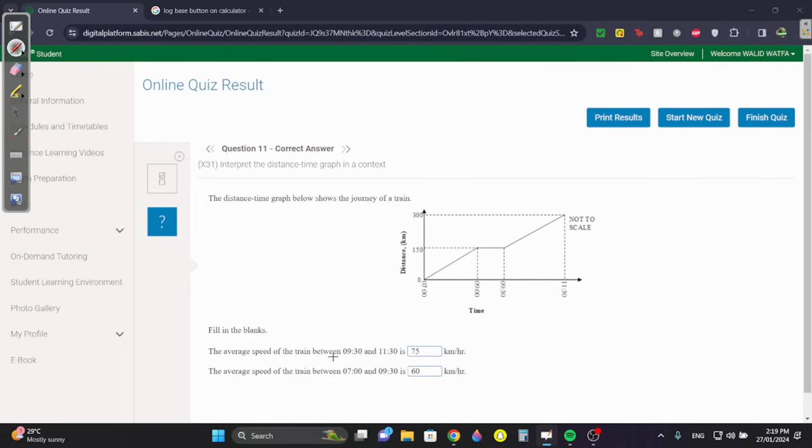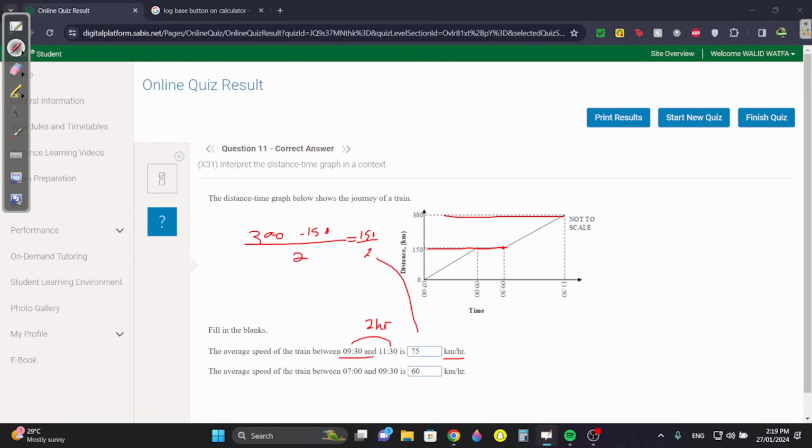Okay, I'm going to go through this quickly. What's the speed between 9:30 and 11:30? 9:30 is 150. 11:30 it's 300. They want it in hours, so the time should be in hours. 9:30 and 11:30, there's a 2-hour difference. Between 300 and 150, so 300 minus 150 over the time, which is 2, will be 150 over